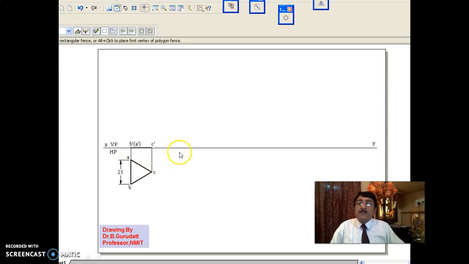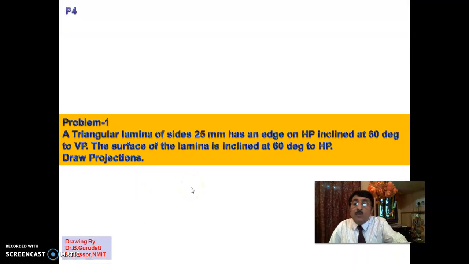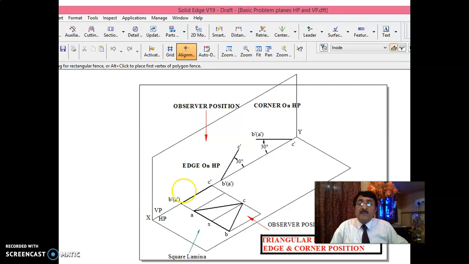Length 25, angle minus 30, because the internal angle is 60. And when you want to write BC, you draw 25 at plus 30. Then it will intersect here. This is ABC. Then A dash, B dash, C dash is the front view of this line, as I have told you here. It is the front view of the line that we have.